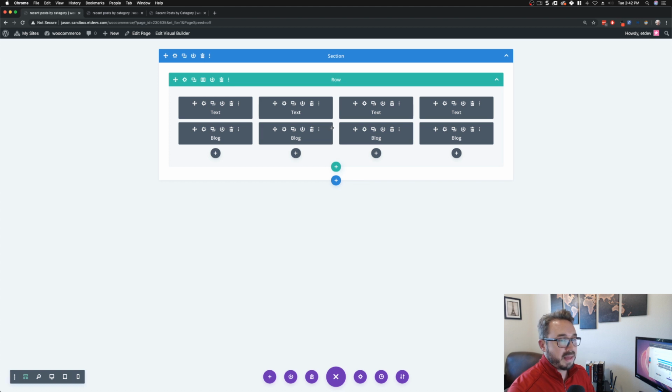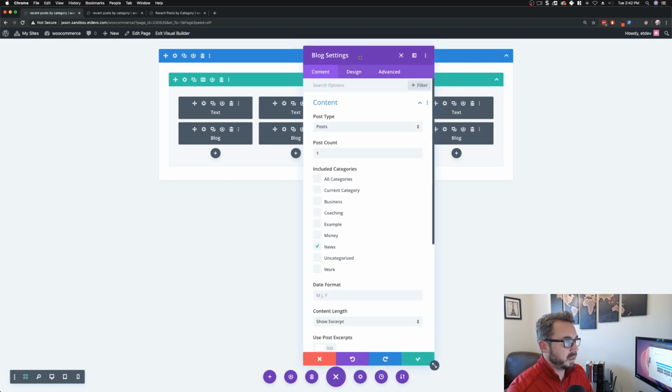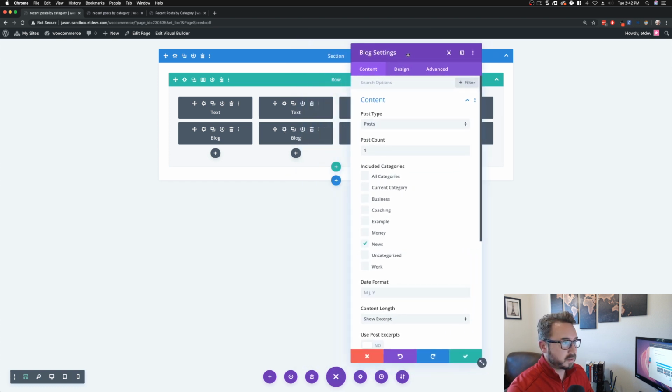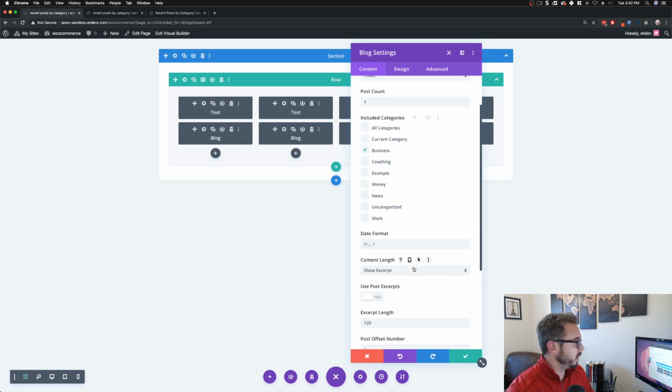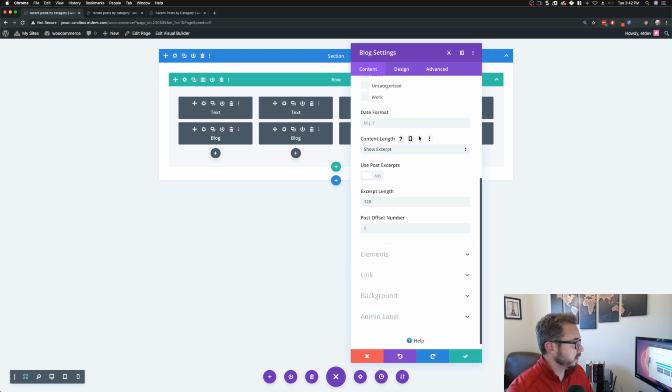So I'll need to update that, and I'll also need to update the text modules, which represent the category tab that we built. So let's do the one in column 2 here. Let's go ahead and update the blog so you can see. Let's change it to business, so the most recent business category. And then on hover,